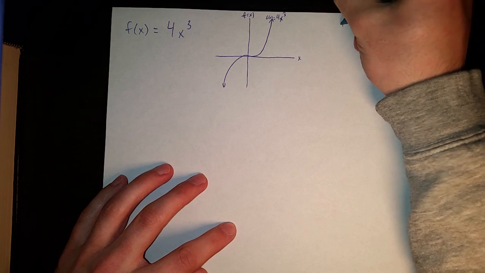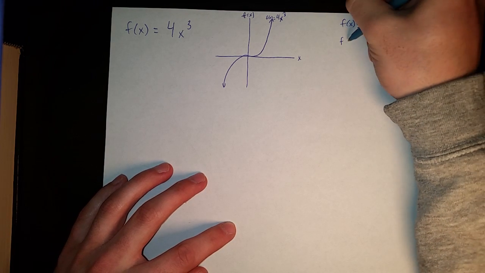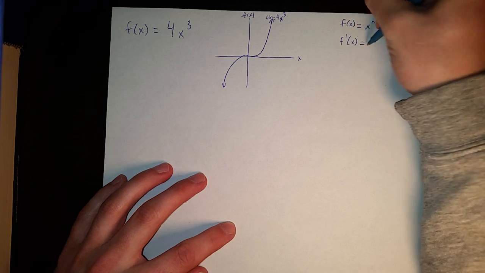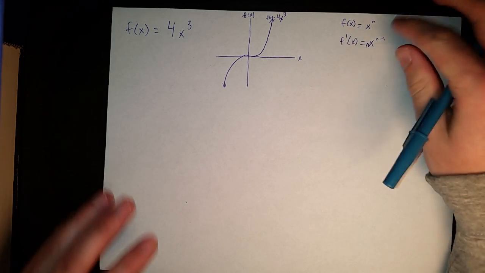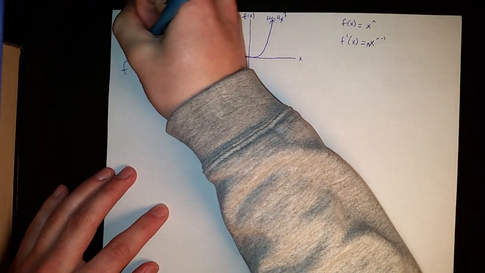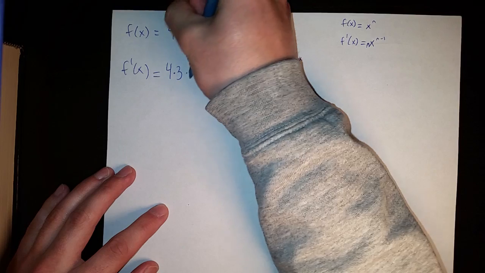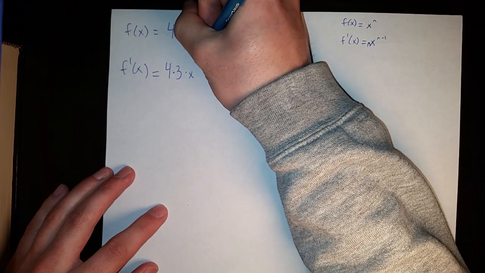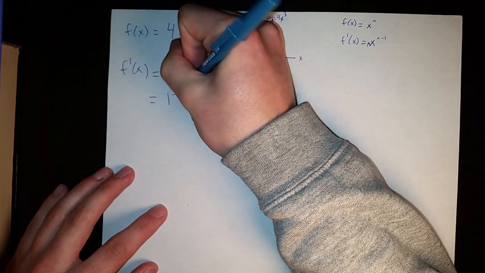Let's write our equation again, because we can't forget that. Okay, so let's just do it. F prime of x equals 4 times n times x to the n minus 1, which equals 12